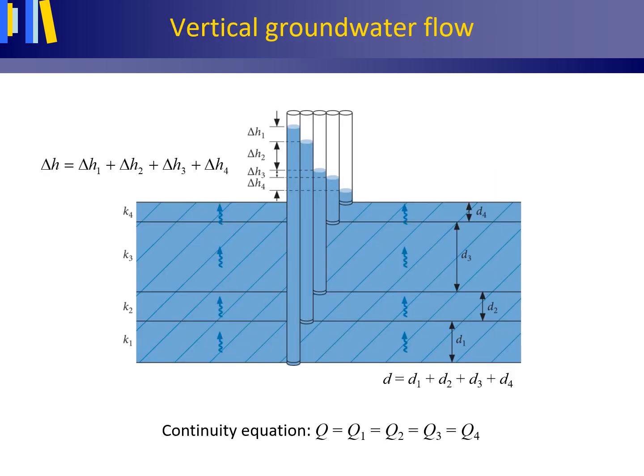This figure shows steady upward groundwater flow, or seepage, through an aquitard consisting of 4 horizontal homogeneous semi-permeable layers, layers with a low hydraulic conductivity. To quickly distinguish from horizontal flow cases, the vertical hydraulic conductivity of the semi-permeable layers is presented in lowercase k, and the saturated depth or thickness of these layers in lowercase d.